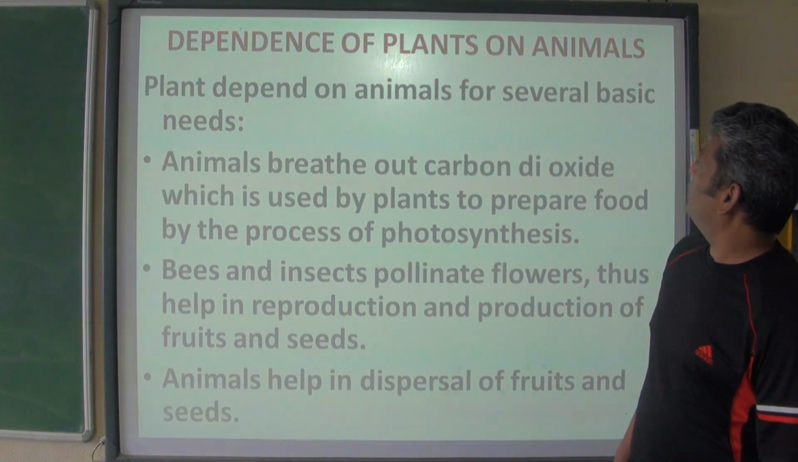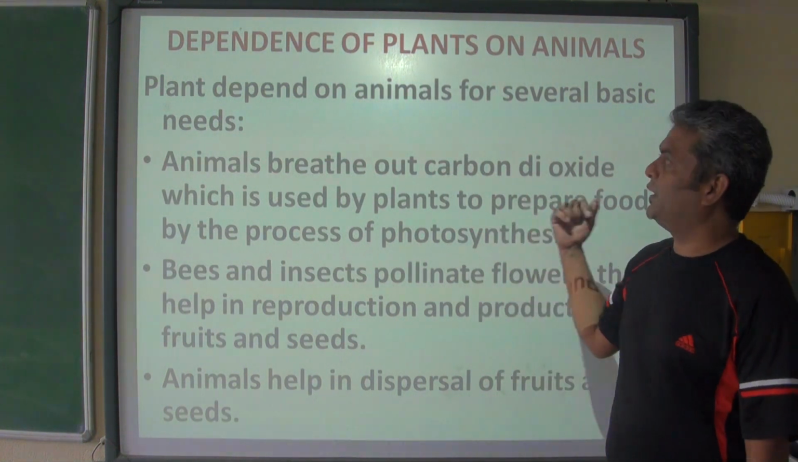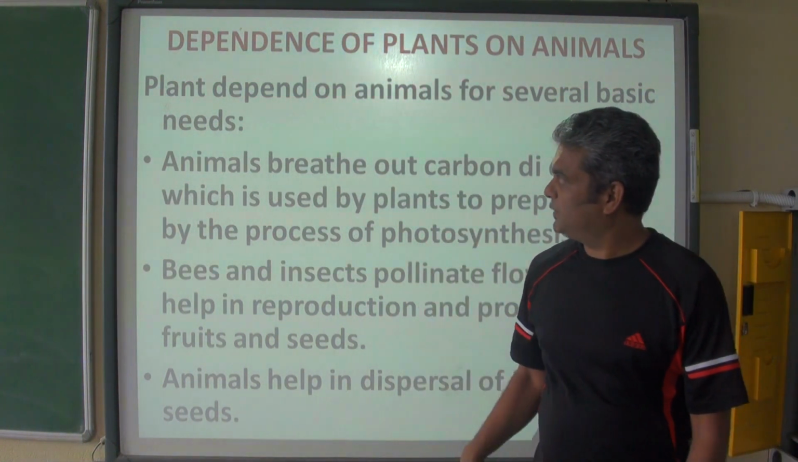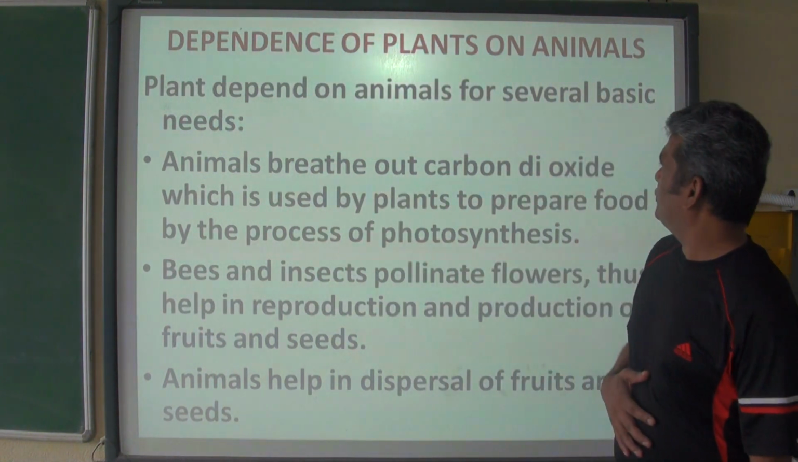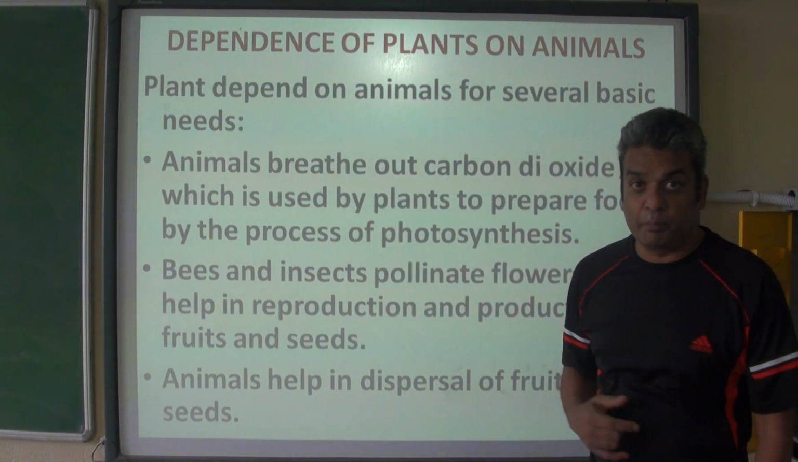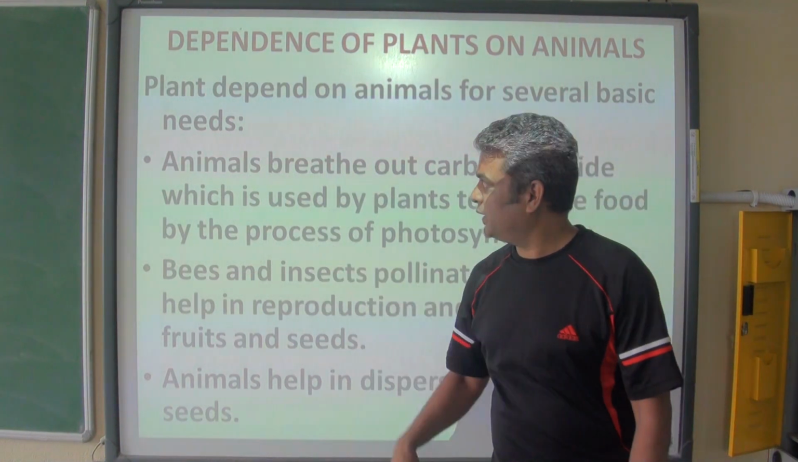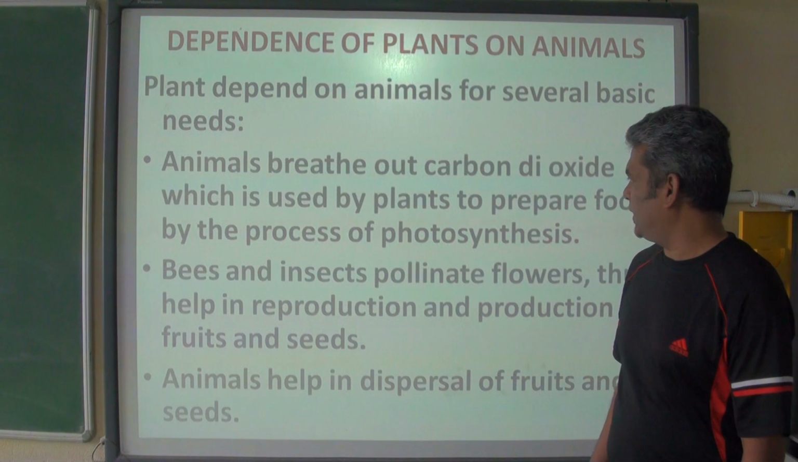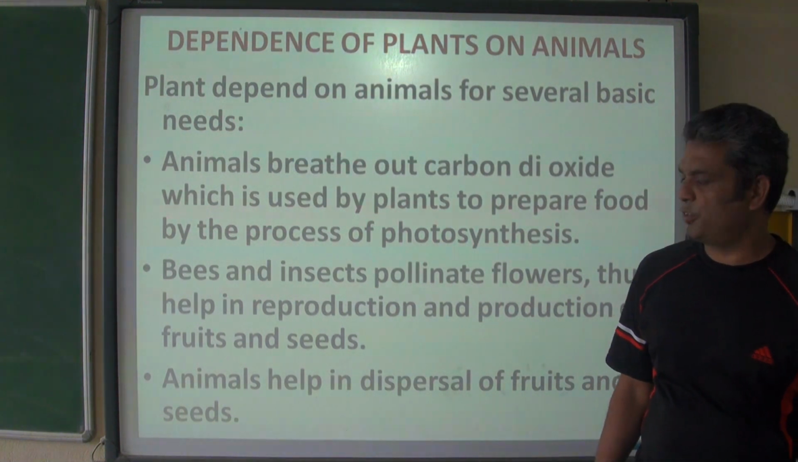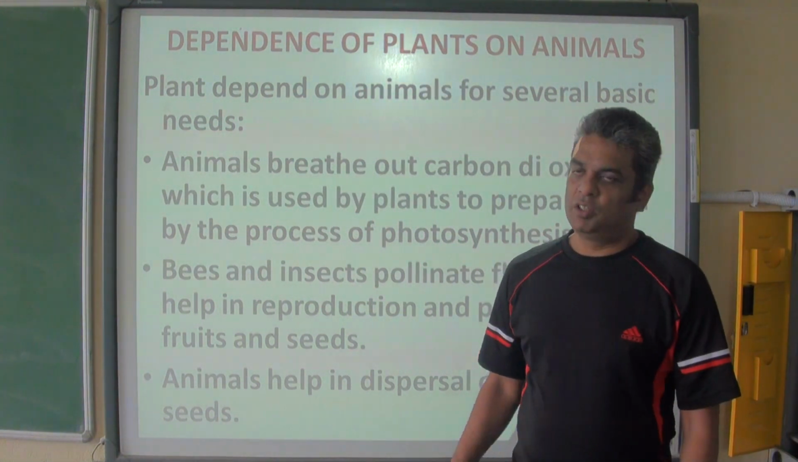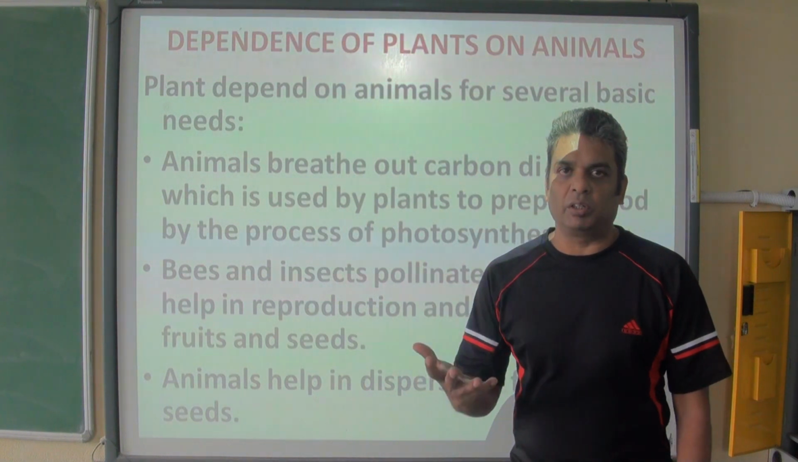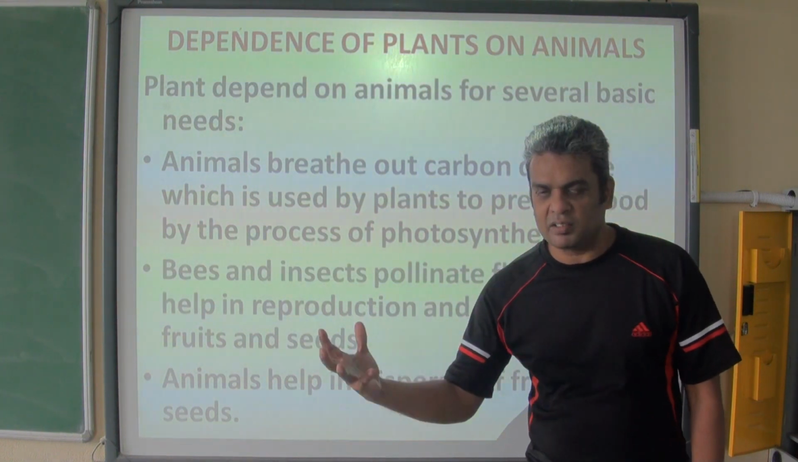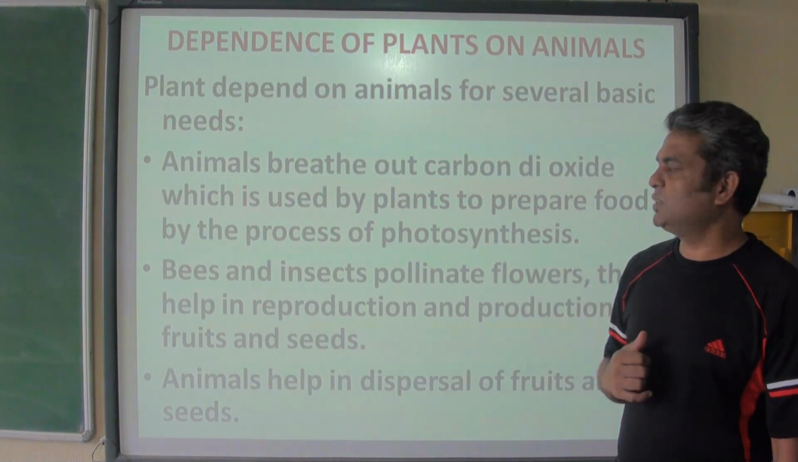Dependence of plants on animals. How plants are dependent on animals. There are points I have made. Plants depend on animals for several basic needs. Now, what are the basic needs? Let us see. Point number 1. Animals breathe out carbon dioxide, which is used by plants to prepare food by the process of photosynthesis. So, animals breathe out, we breathe out carbon dioxide, and this carbon dioxide is used by plants to make their